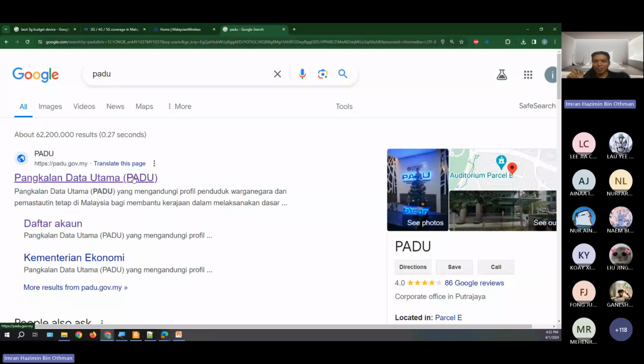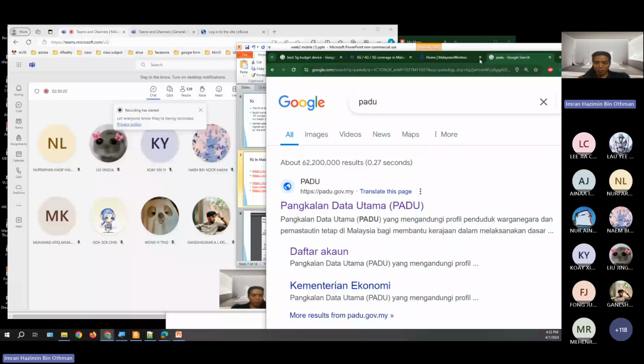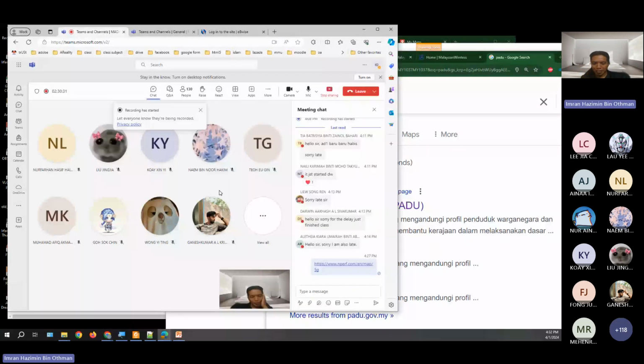You'll get 100 or 200 annually. So maybe they will base it on your registration in PADU. The registration may be officially disclosed, but I haven't checked. Maybe they will be lenient and extend. Those who are getting 100 ringgit, 200 ringgit annually, maybe you should make sure that you already registered